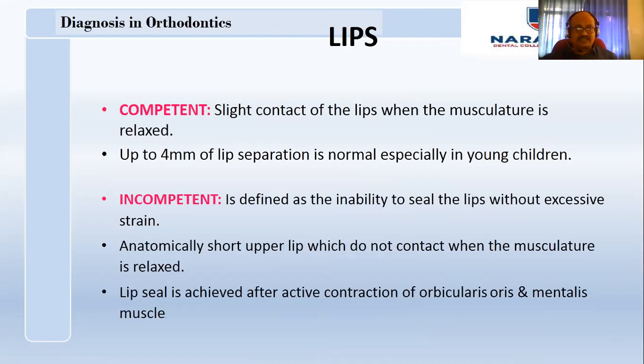When this becomes in excess, when the patient is not able to close his lips in a relaxed position, this is called incompetent. How can it happen? When the patient is not able to close his lips, it can happen due to a short lip, or it can happen due to proclined upper central incisors. So when the lip is short, you call it anatomically incompetent lips. But if the teeth are proclined and anatomically the lip is normal, but still it appears to be short due to the proclined incisors, you call it,